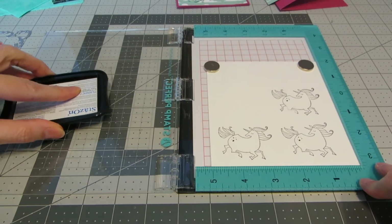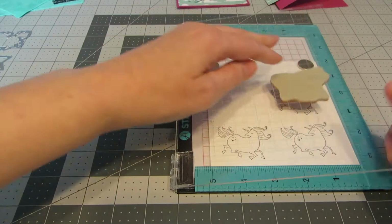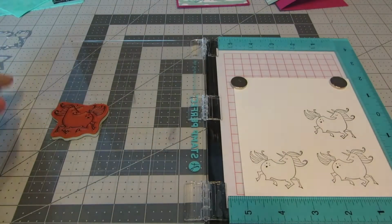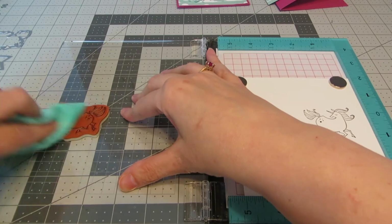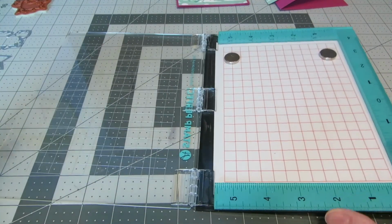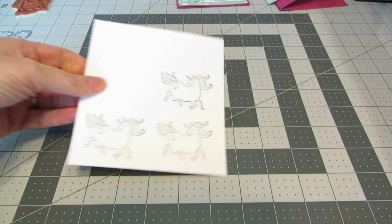We're going to ink that up one more time. Press that down. And now we've got 3 great looking unicorns. So clean the unicorn stamp off and set it off to the side for now. Let's get those unicorns out. And we will come back to the stamp positioner in a minute